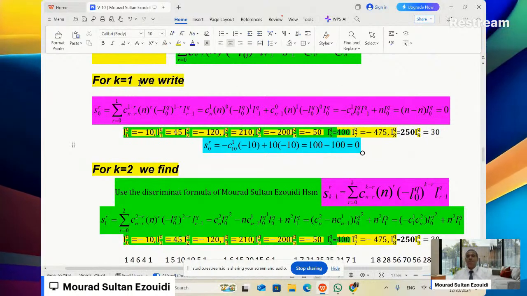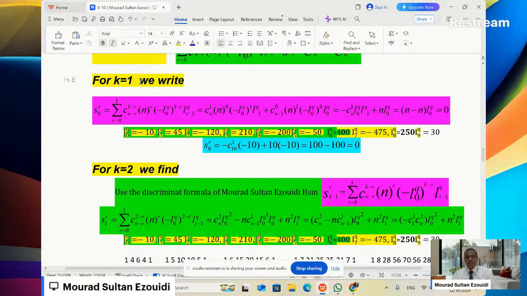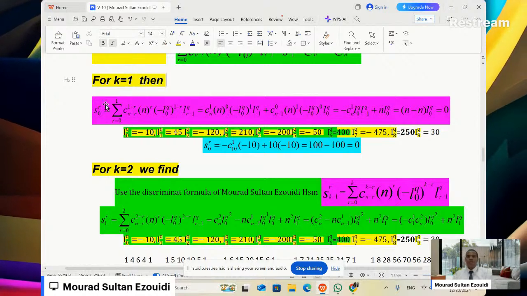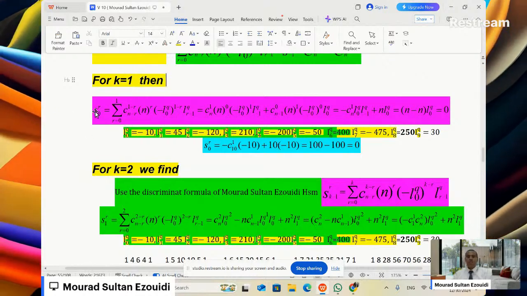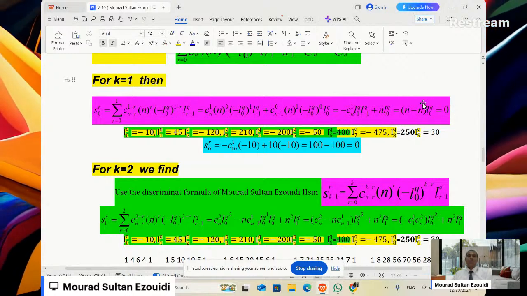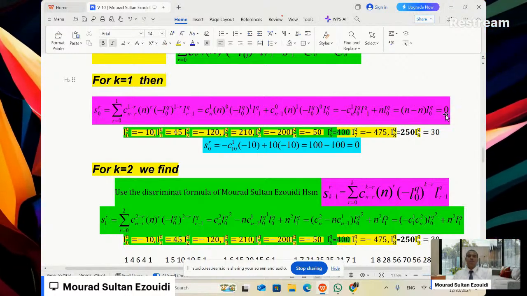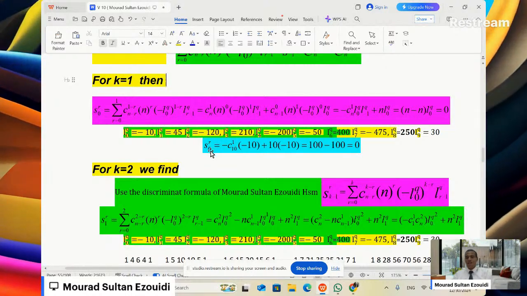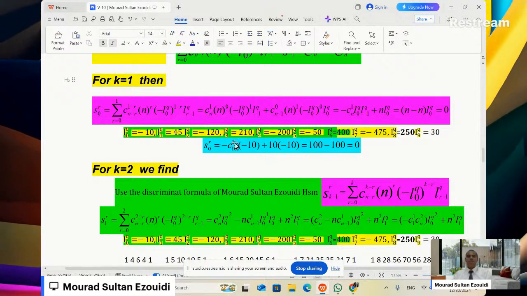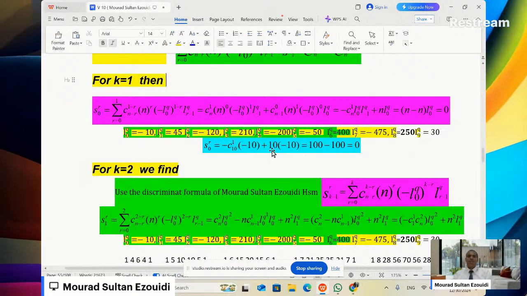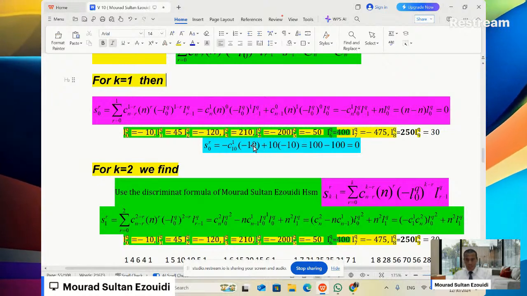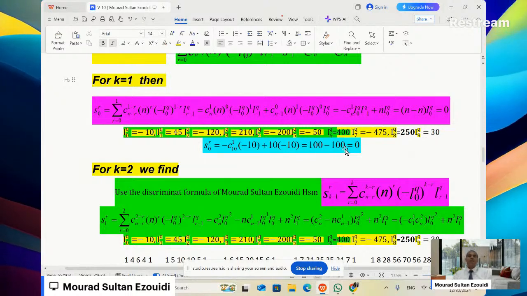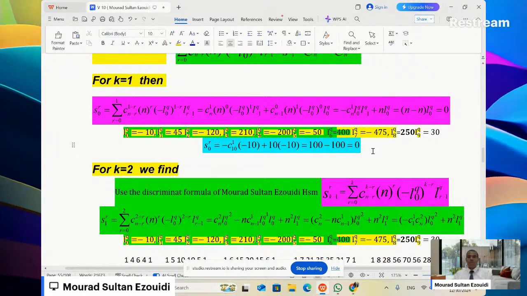To find S0, we should put k equal 1 in the discrete formula, then we obtain the following. I just obtain 0 for the Q, because the sum of the exponents of the new degree from the equation is equal to 0. Therefore, I substitute this here: 1 times minus 10 is minus 10, 10 times 9 is 90, plus 10, of course, which is 100, and 10 multiplied by negative 10 is minus 100. So the sum is equal to 0. Now, in order to find